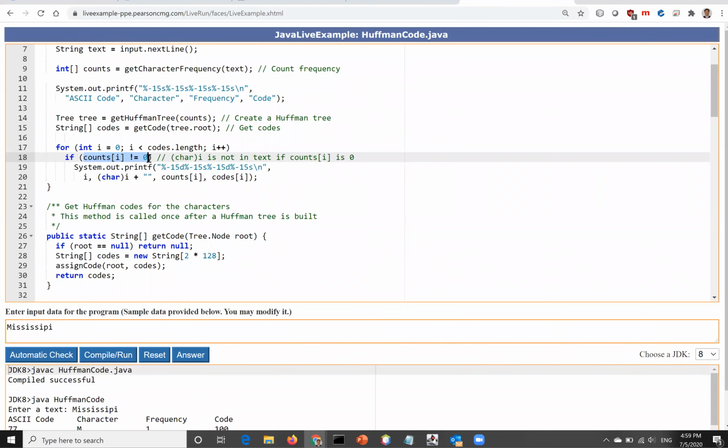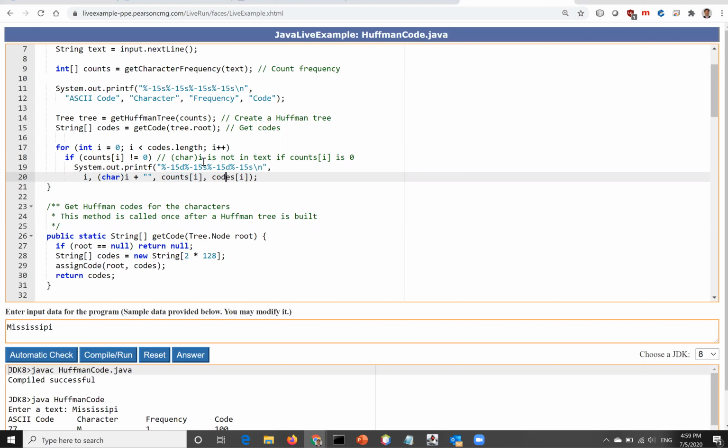If 0, the character is not in the text, so we're going to ignore it. If it's not 0, we are going to display the ASCII code and the character and the